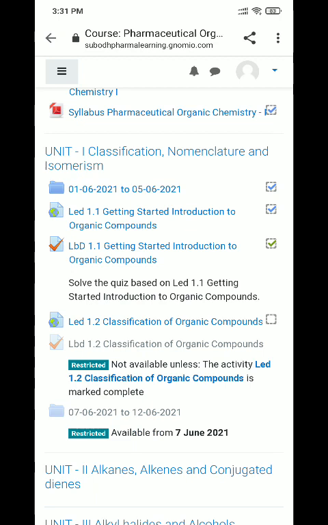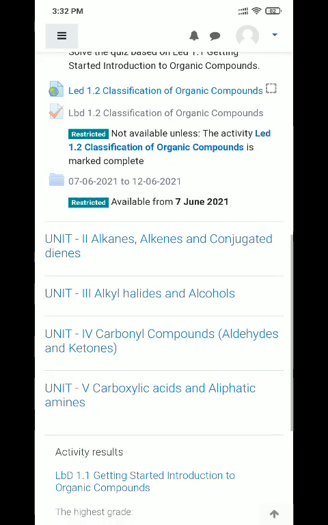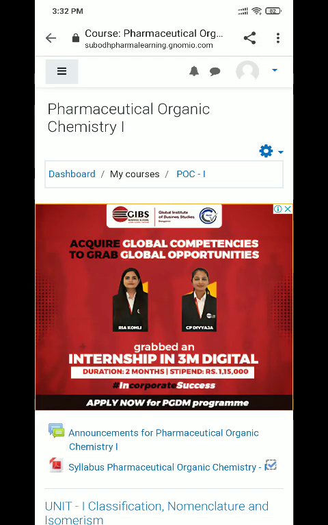See, here the activities which were completed are marked with a tick mark, and the second activity, that is LED 1.2, is not completed, so the box is empty without a check mark. So you have to complete the course one by one and score more for the course. Best of luck for your pharmaceutical organic chemistry 1 course. Thank you.